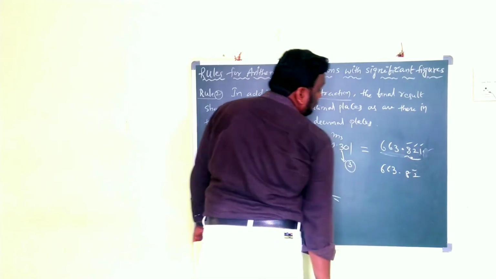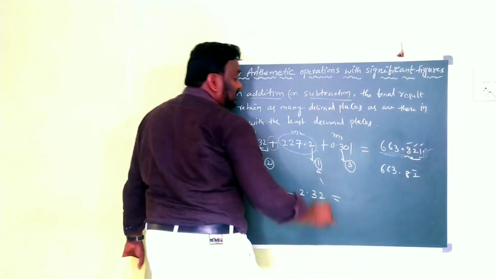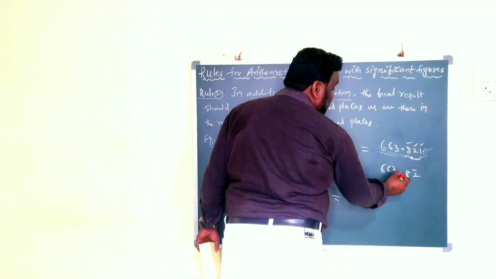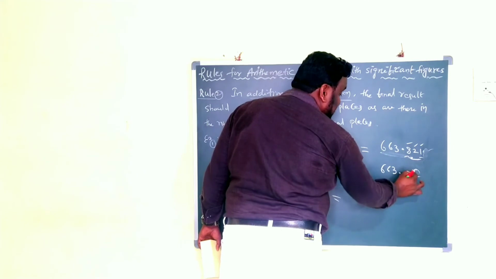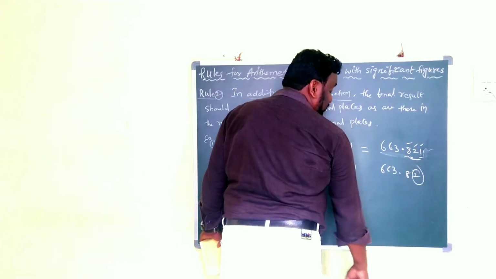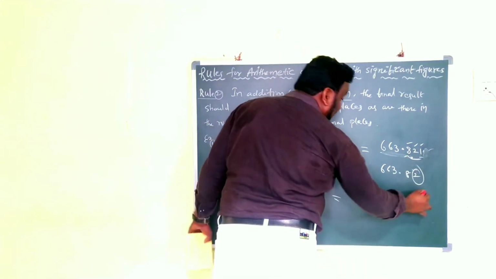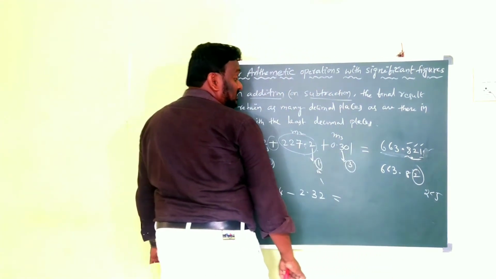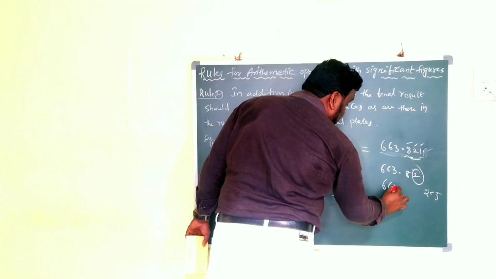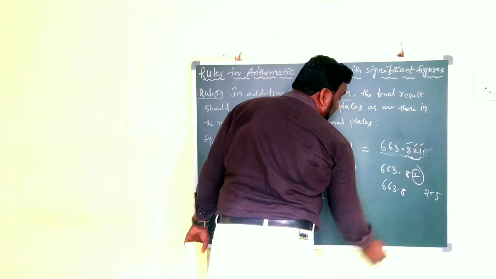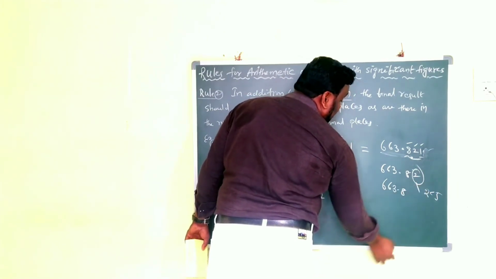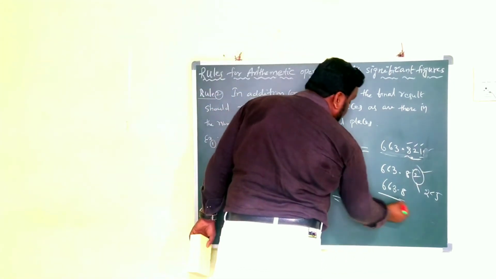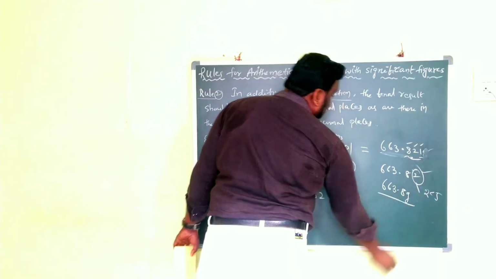So here we are taking 663.821. We can simply omit the 1. Now how many decimal places are there? 1, 2, 2 decimal places. Here the last digit is 2, and 2 is less than 5. That's why 663.8. It is less than 5, so we can easily omit it, or leave it. Then what you get? 663.8 grams.